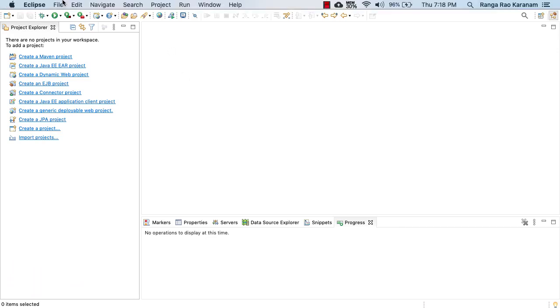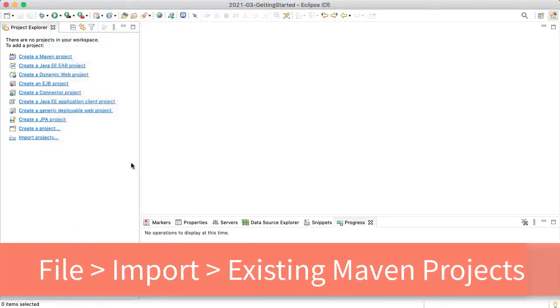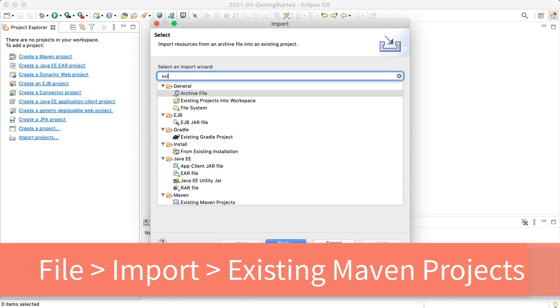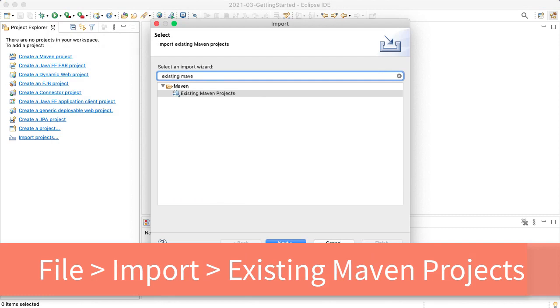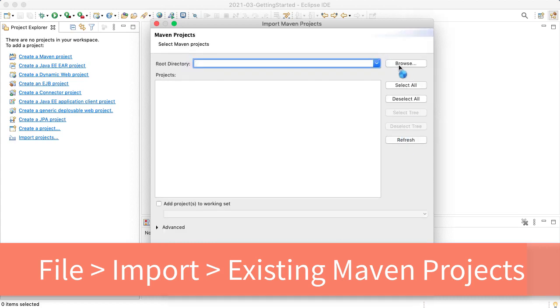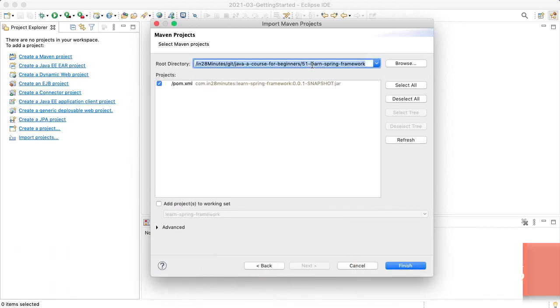How do we do that? File, import, type in existing and Maven. So type in existing Maven and you'll be able to pick this up, existing Maven projects, and you can click next. And over here, you can choose the folder where you extracted the zip file to. So I chose the folder where I extracted the zip file to, and you should see a pom.xml that is